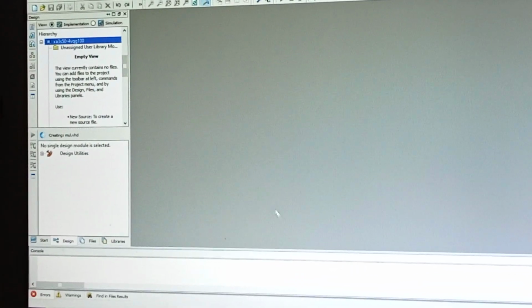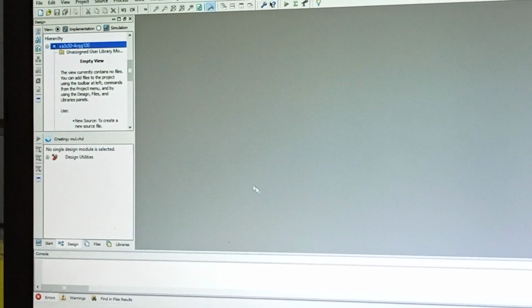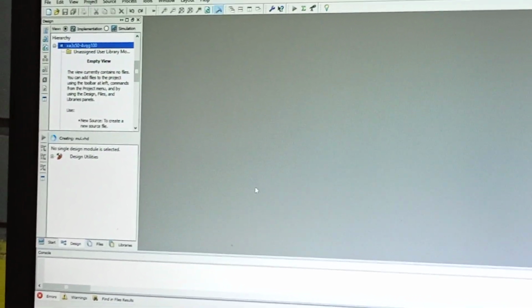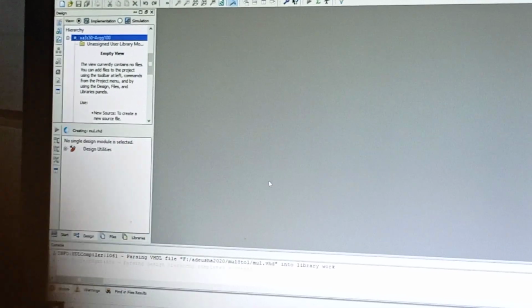And write the coding in begin. Here we are selecting select, that is the select line.